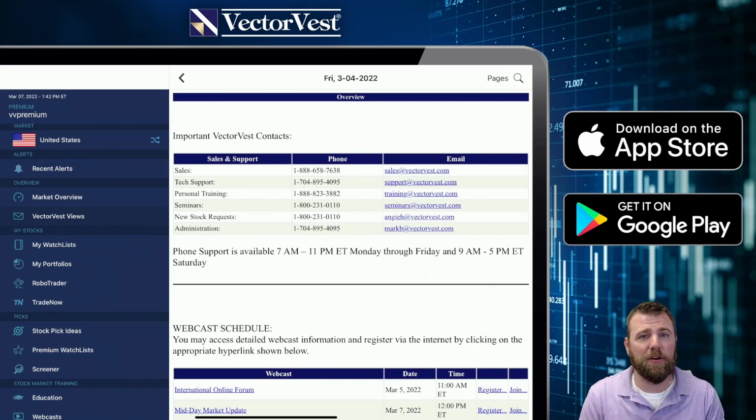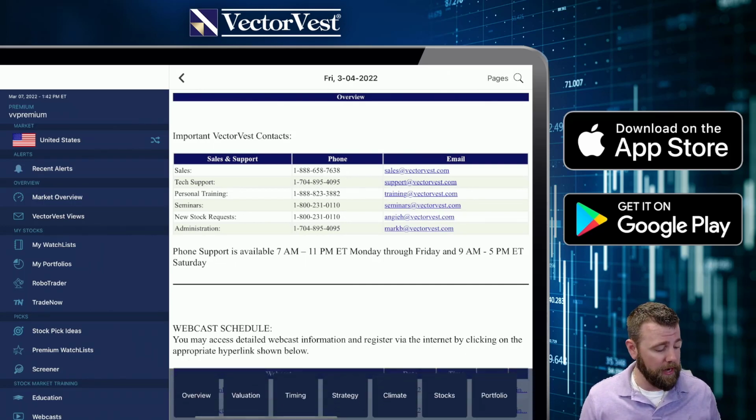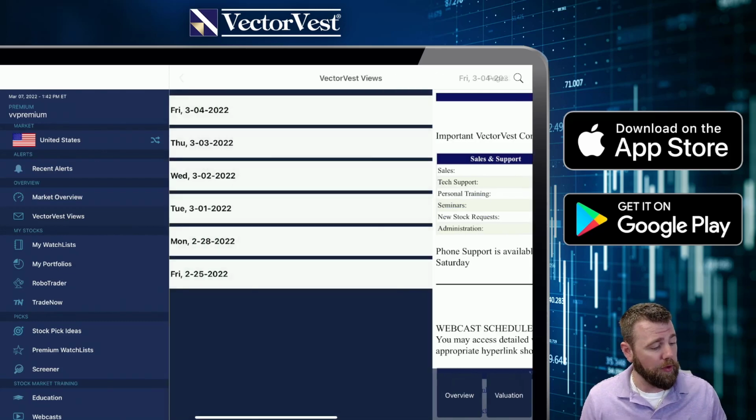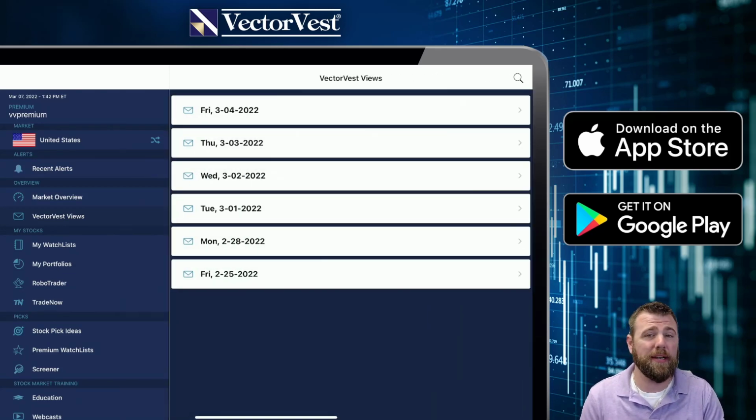I have a feeling you're going to learn at least 2 or 3 things by just going through it the first time reading this. One of the quick features you can find is if you want to get to a specific section, you can tap on the pages at the very top and you can select which section you want to go to, so that way you can do it quickly and easily. Now if we get back out of here, the next thing that we're going to take a look at is